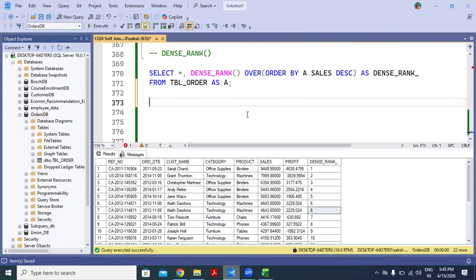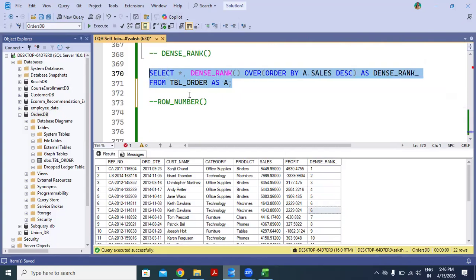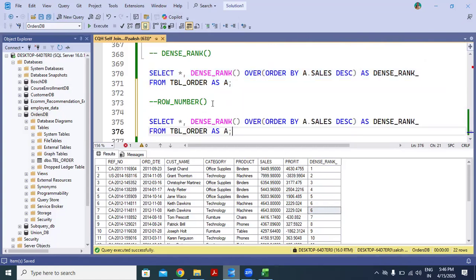Now let's try our last ranking function, that is row number. So just copy this one. And instead of dense rank, we can write it as row number. It is selected and executed.